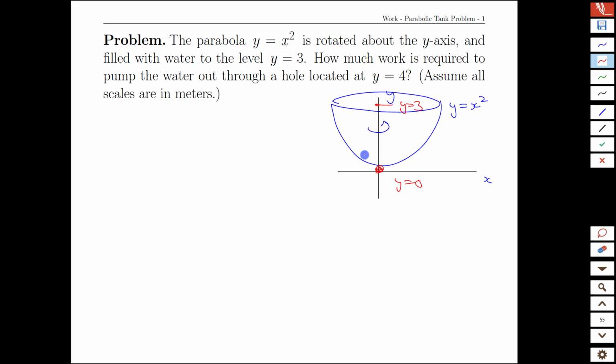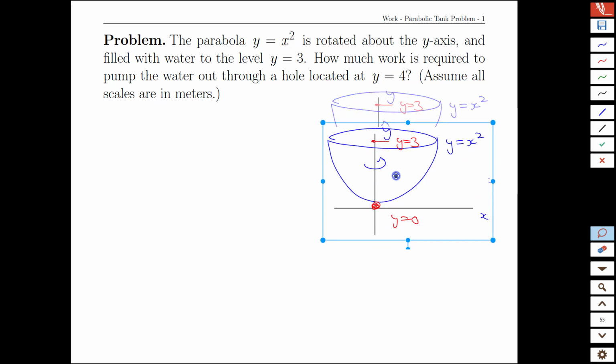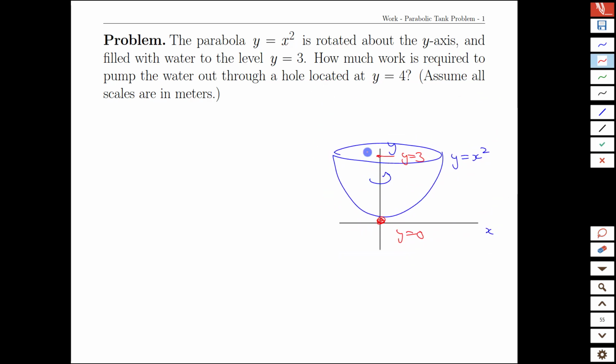Now what we're going to do is actually have a pipe a little higher than that. So we're actually going to move this down a hair. Here we go. And recognize that the shape goes a bit higher, up to y equals 4. And there's a pipe outlet there. So that's at y equals 4. But the actual water that we start with is only down here at the bottom. Well, once again, the lift distance